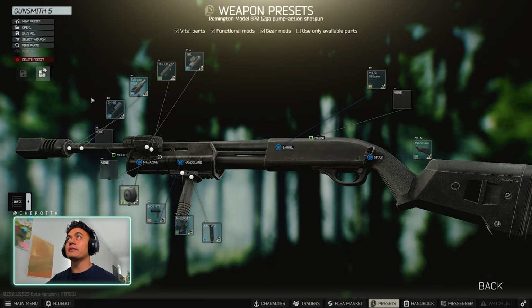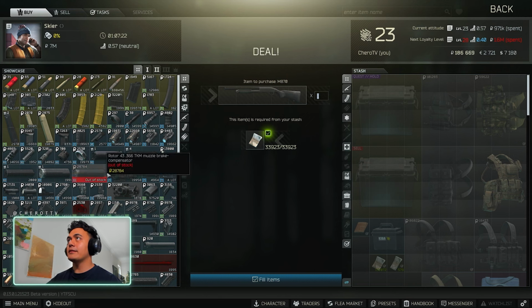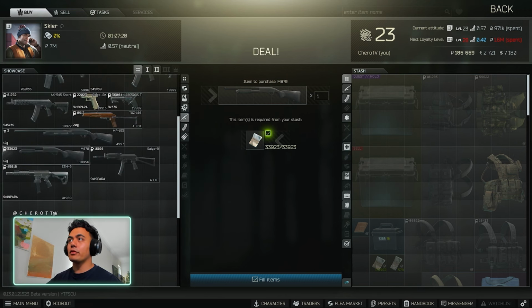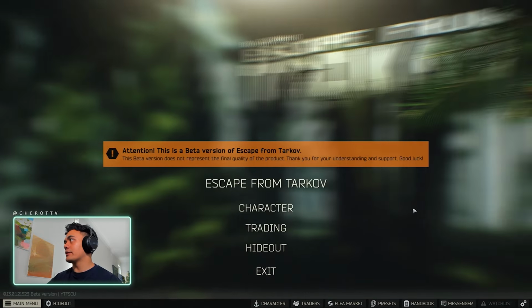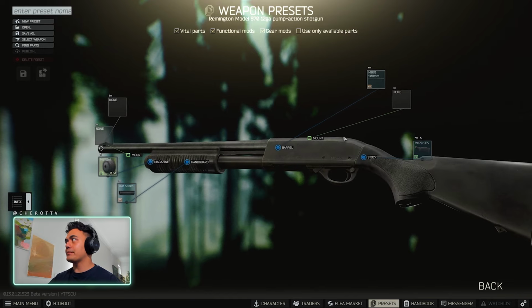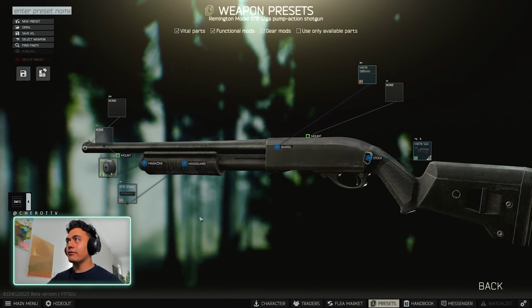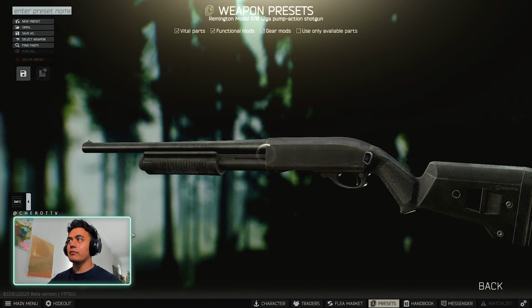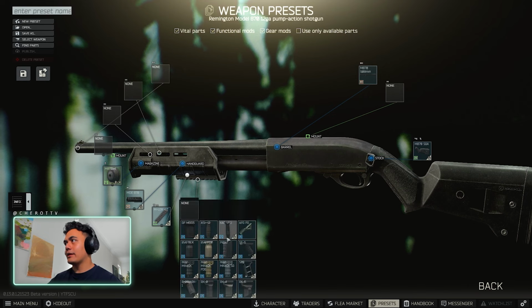Alright, here's a guide for the updated Gunsmith part 5. What you want to do is go to Skier, level 2 trade. You want to go buy the M870. As soon as you have that, you're just going to have the stock basic kit. So at the preset, you want to change the back to the SGA. The top you can leave, right? The feed, you want to go to the Mo grip, 870. You want to have an M-lock 4.1, and then go CAC